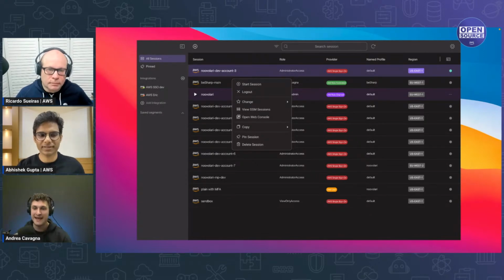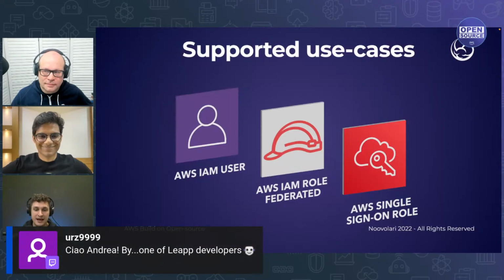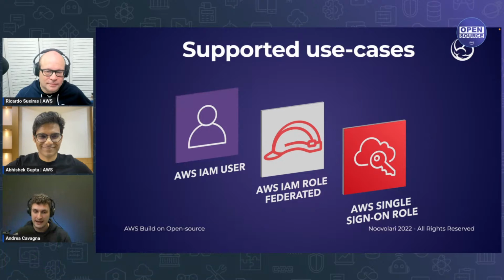You might not know how to do IAM in the right way, but Leapp is doing that for you. And the idea there is to manage all the principals like IAM user, role federated, and single sign-on role.